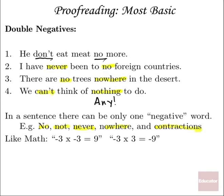To help you remember, especially for some of you who like math, I know not everybody likes math, think of it this way. In this sentence, I want the result to be a negative statement. So, it's like multiplication. A negative 3 times a negative 3 is a positive 9. So if I have 2 negations, I've negated the negation, and now I've just said a positive